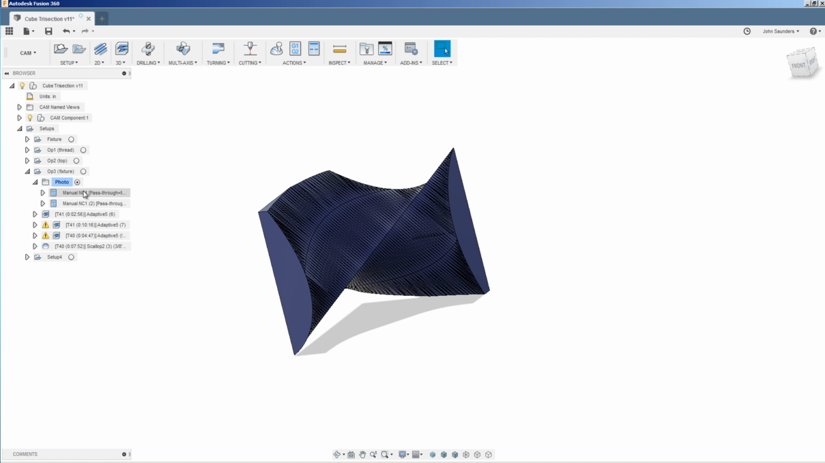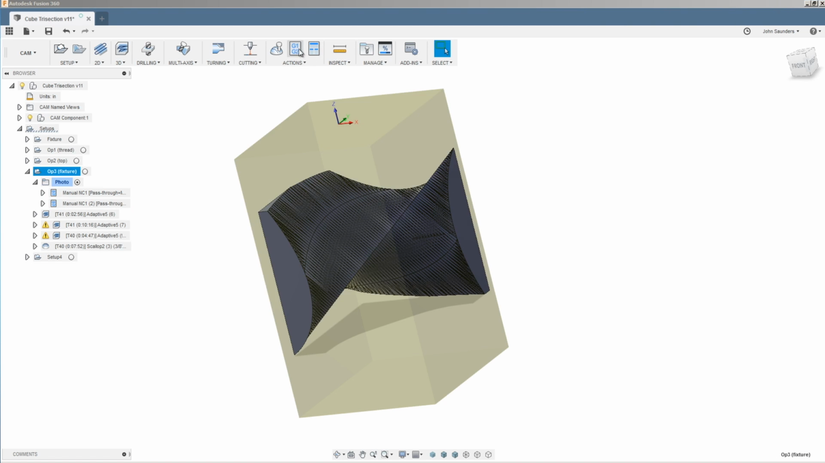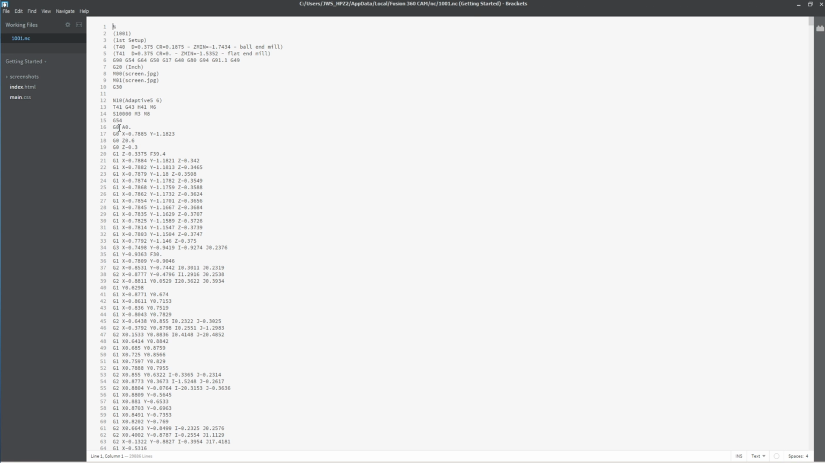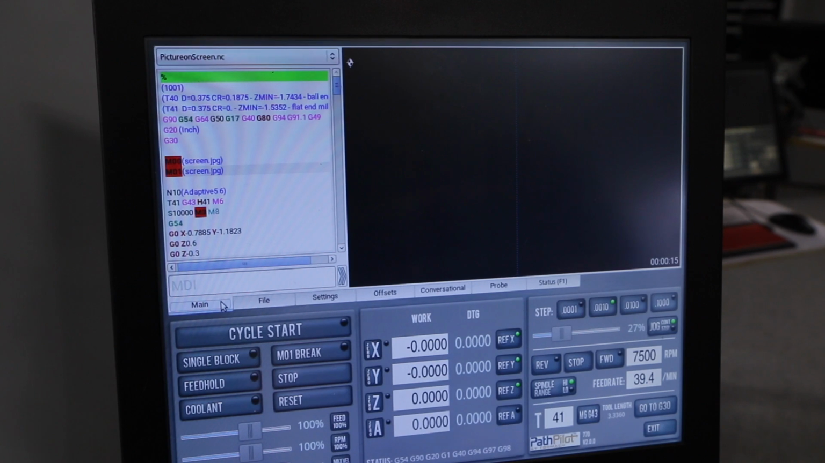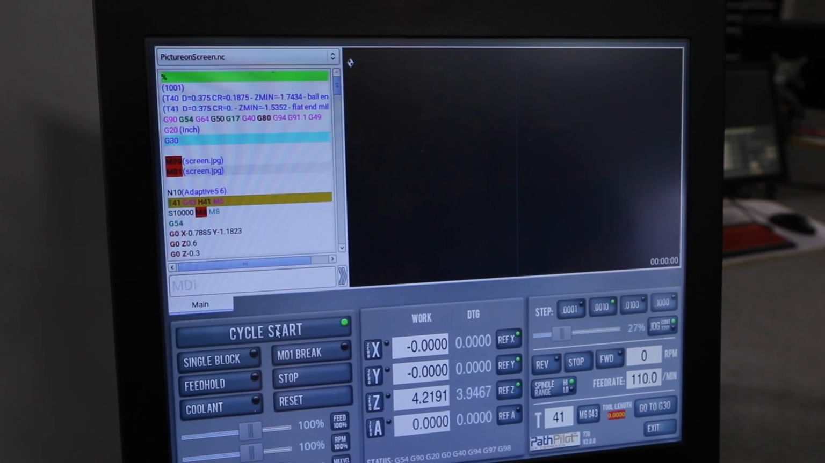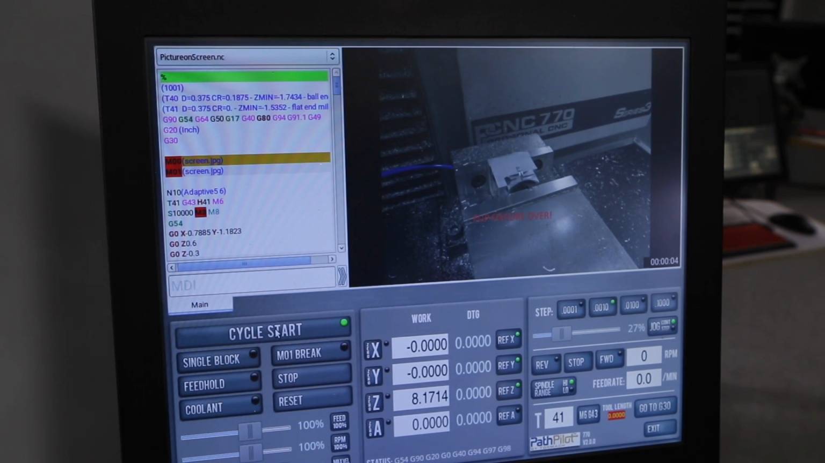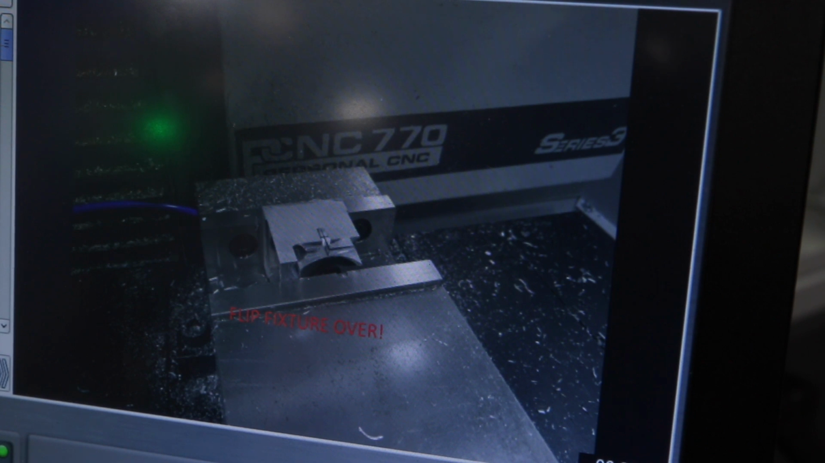Seems to be some debate online about what you need to do and what's right and what's wrong, but again, that's what worked for us. So now when we post this code, we've got these two M codes being passed through. Take a look at what happens. We hit cycle start. The Pathpilot screen that normally shows your toolpaths changes to this photograph, and it's a photograph